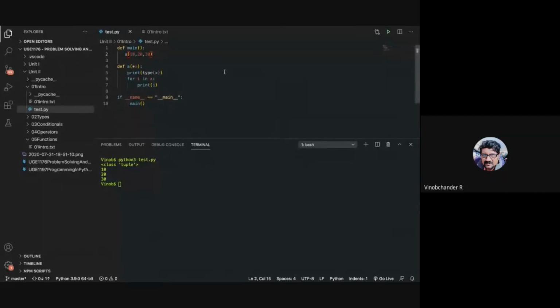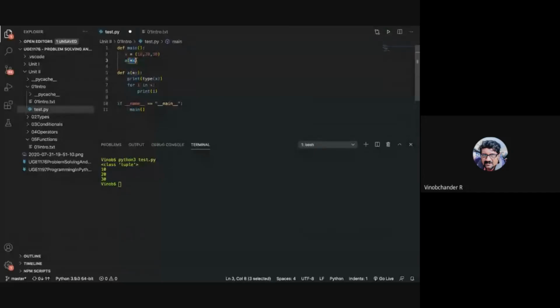Okay, sir. Now you can have this as a variable also. So if I do this, you need to have this notation as well in the caller. This is also possible.